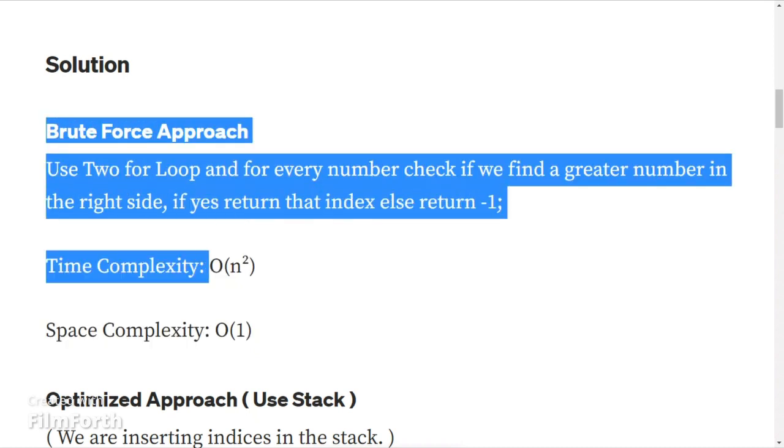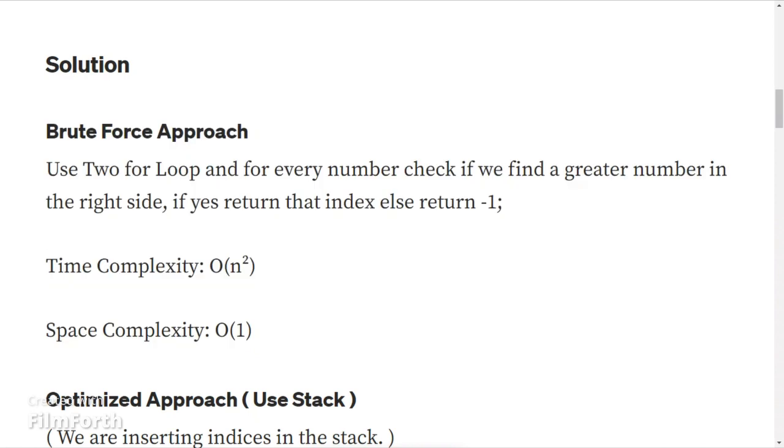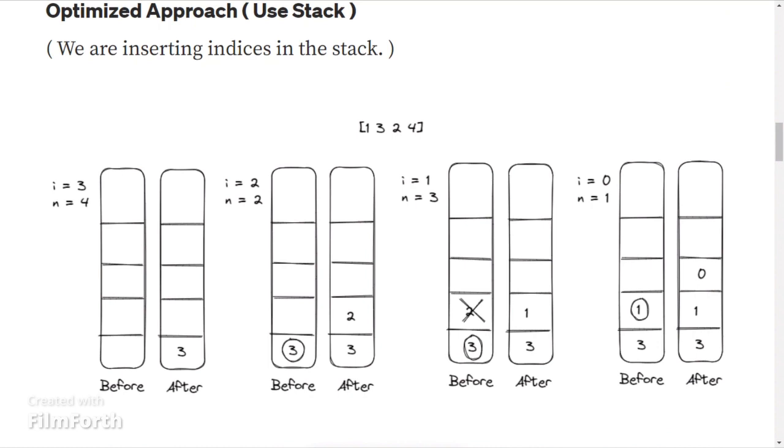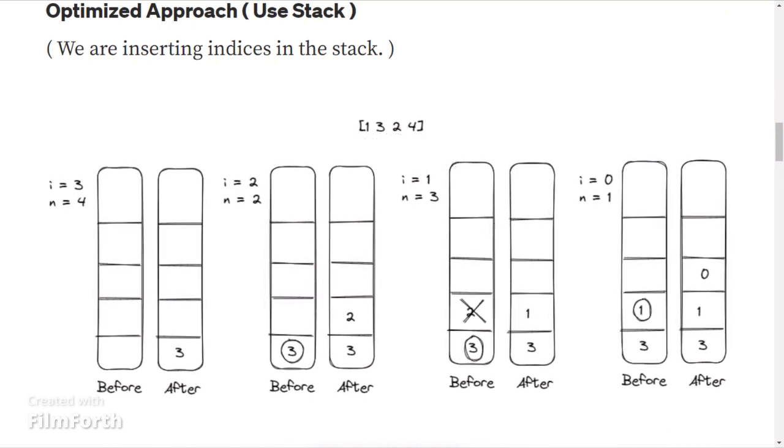Now to optimize more on this approach, we can use a stack. So how can we use a stack? We will start iterating from the end. So let's say we are at 4. Now the stack is empty, so we will return -1, and we will insert its index 3 into the stack. Now when we are at 2,